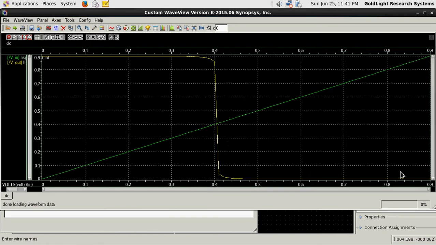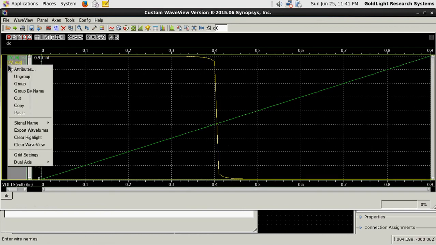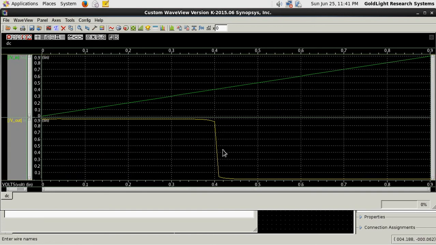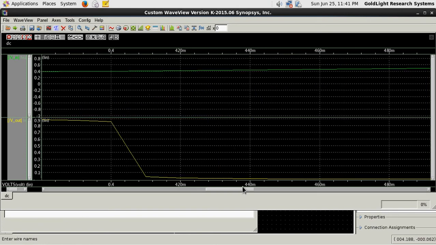Okay, so this is the characteristics of an inverter based on DC characteristics, DC voltage. Okay, so you know this, I think everybody knows about this concept. Okay, so here almost 0.3 to 0.4. Okay, it's 0.35 to 0.45. It's almost non-linear operation. Okay, so you can consider that as the threshold voltage for this inverter. Okay, so this is the DC characteristics of an inverter for